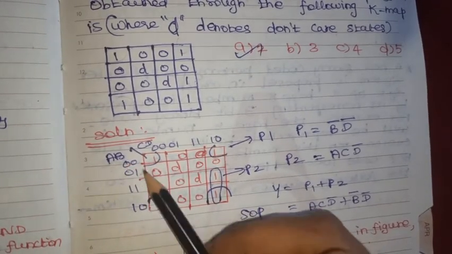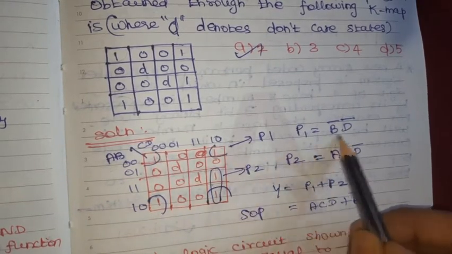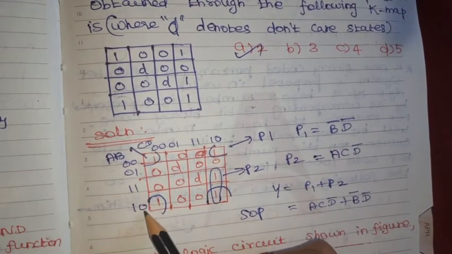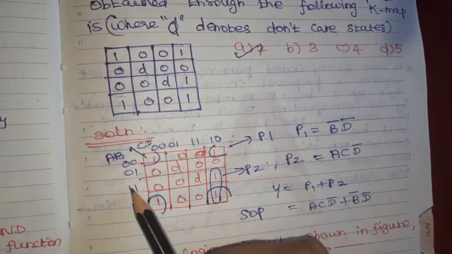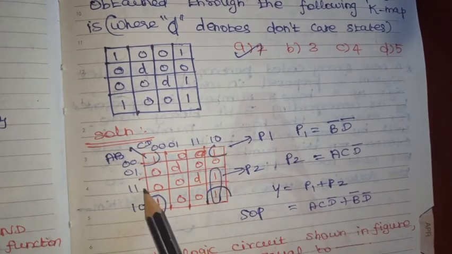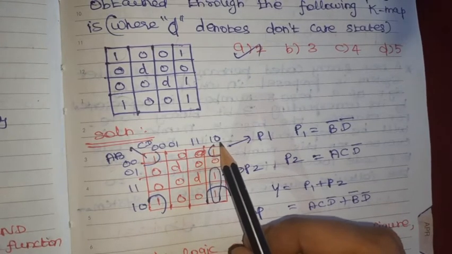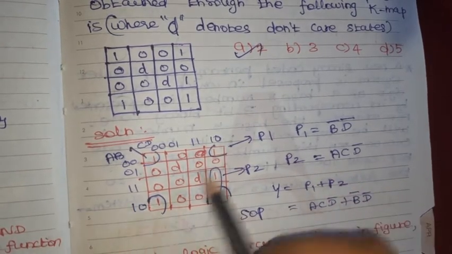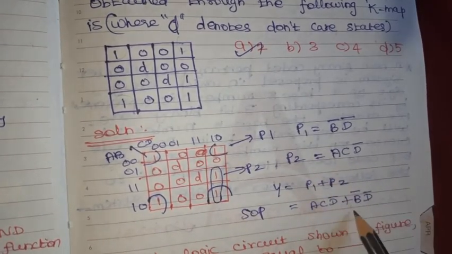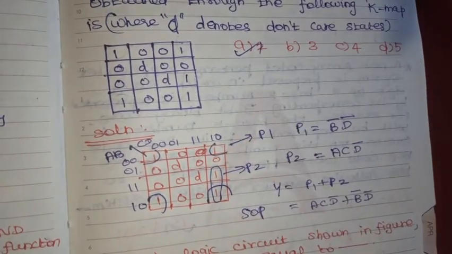So for this, how can we write? Only take the common B bar here, this and this now. B bar D bar. So P1 is B bar D bar. What is P2? This term. So common, because 1 and 0 get cancelled, we can take common only. So 1 A. Then for this one, and for this one, C D bar. A C D bar. So Y is equal to P1 plus P2, A C D bar plus B bar D bar. So we have 2 SOP. Option 2A, 2 is the right option.